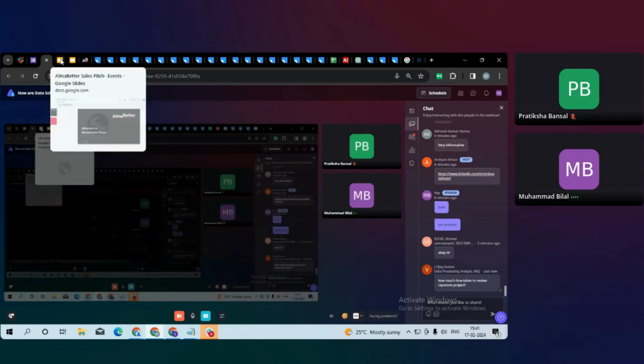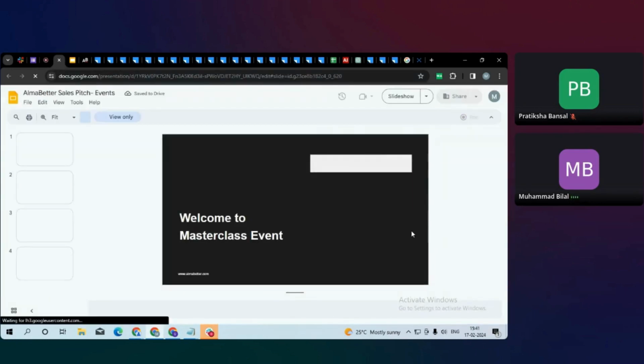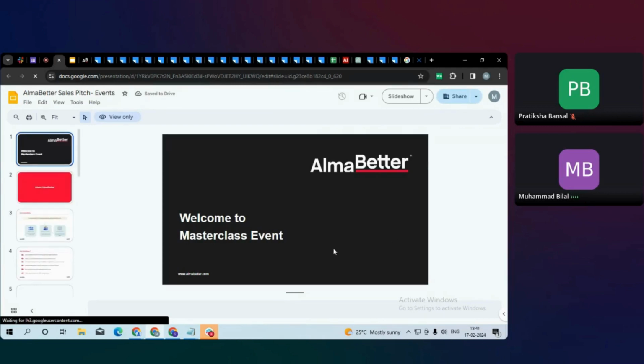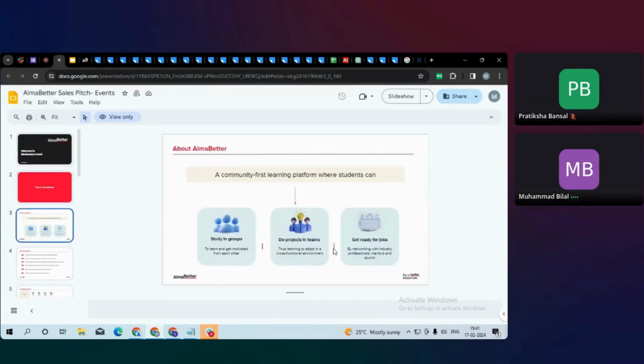Great, so let's start from the dashboard of the master class. Here at AlmaBetter, I'm going to show you the dashboard. Once you join the program, certain features are available on the website.